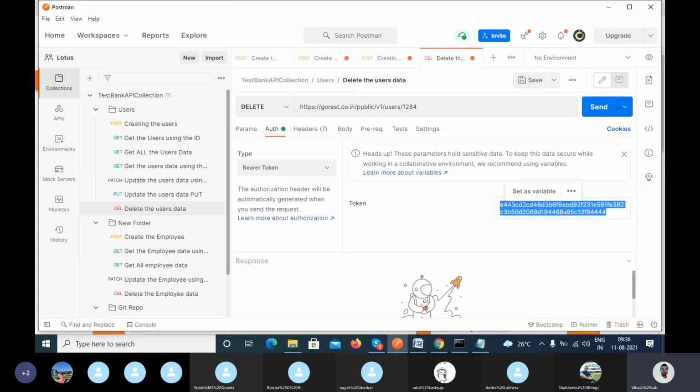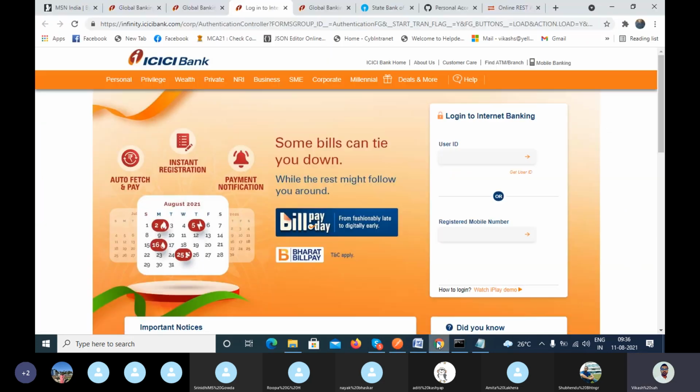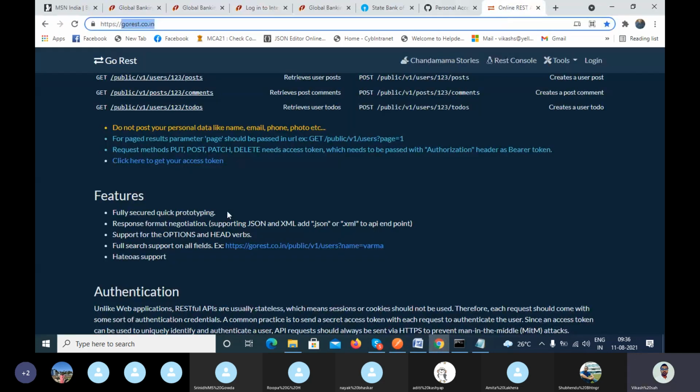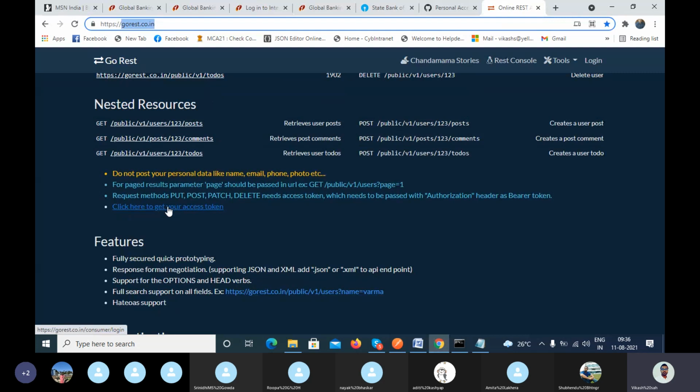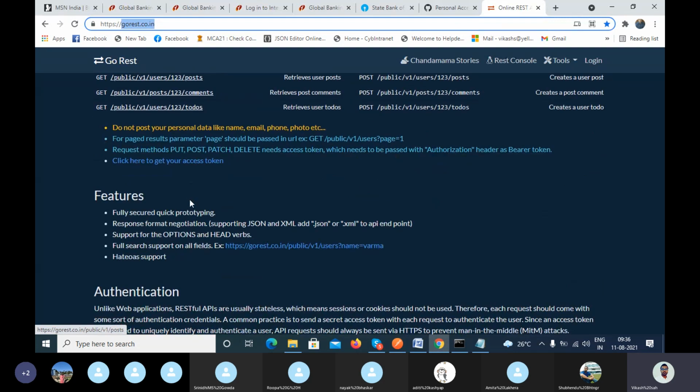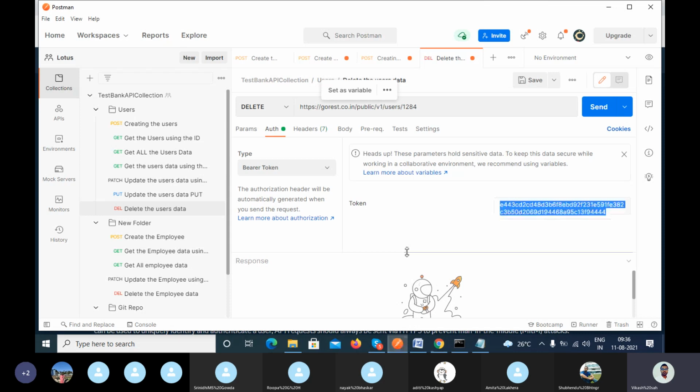So what I will do: can anyone provide me the authorization token for this gorest.co.in application? Click here to get the access token. Anyone can provide it, so that I can use it and show you the error message when you try to delete.